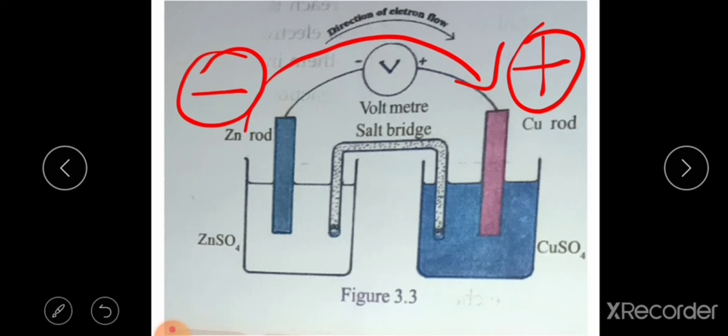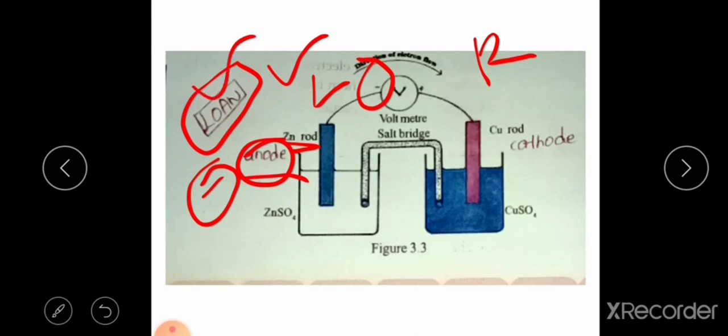In the exam a question will come: which electrode is the anode? The answer is zinc. Which electrode is the cathode? That is copper. Then a question will come: which is the positive electrode? You should know that. Copper. Then they will ask about the importance of the salt bridge. If you know the correct arrangement of the galvanic cell, you can answer all the questions related to the galvanic cell. So this code is very important. If you know the code LOAN, then you can easily construct the galvanic cell.